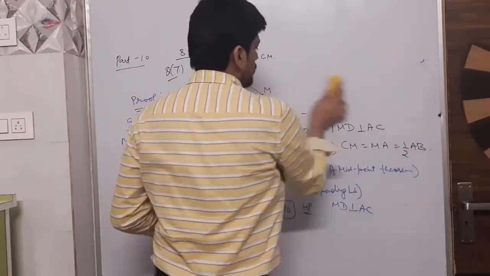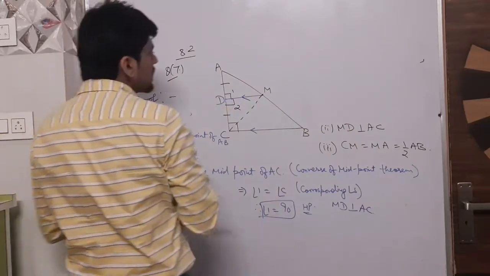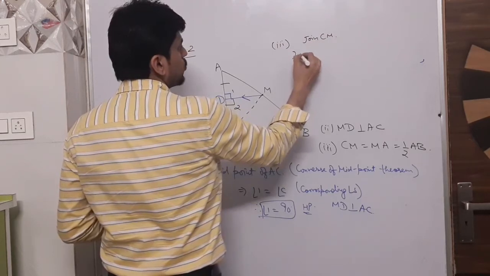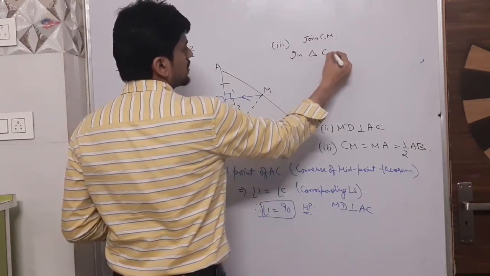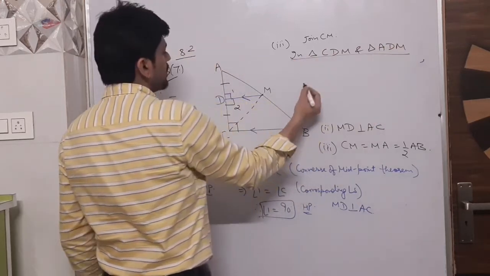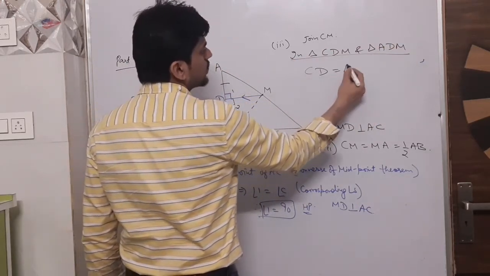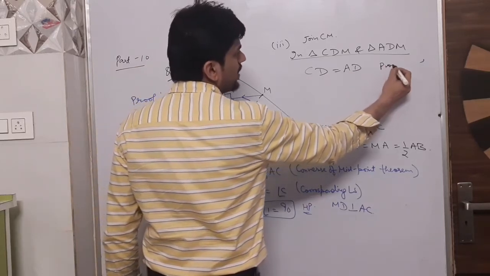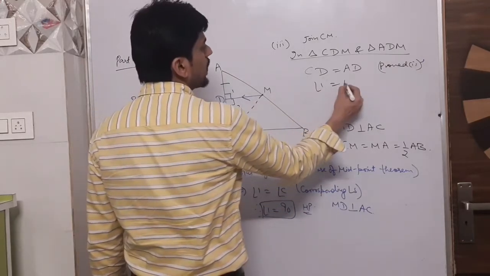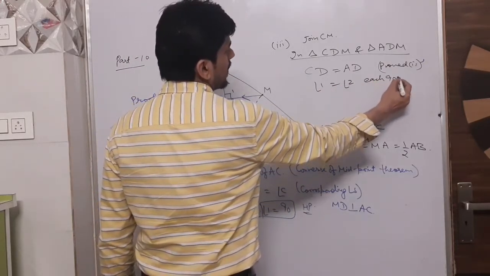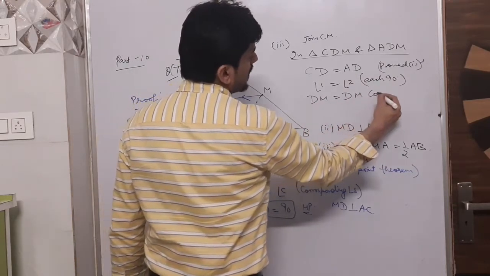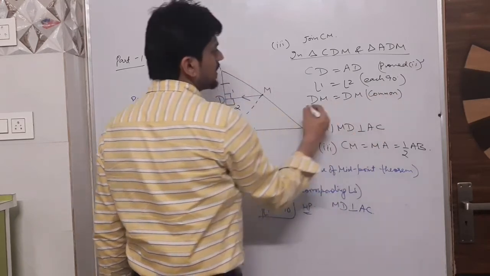So यहाँ मैं आपको करके दिखा देता हूँ third part. So for the third part, what we have done so far, join CM. Now take two triangles. In triangle CDM and triangle ADM, इन दोनों ट्रायंगल में अगर हम देखें तो SAS: CD इज इक्वल टू AD. ये आपने प्रूव कर रखा है ऑलरेडी, प्रूव्ड इन फर्स्ट पार्ट दैट D इज द मिड पॉइंट ऑफ AC, एंड एंगल 1 इज इक्वल टू एंगल 2, ईच 90 डिग्री. सेकंड पार्ट में प्रूव कर लिया आपने ये, और जो DM है वो DM के इक्वल ही है, रीजन कॉमन है. सो यहाँ से आपके पास इन तीनों लॉजिक से SAS का रूल आ गया.